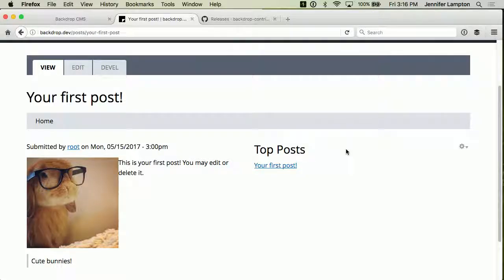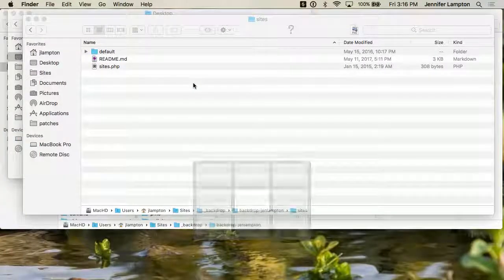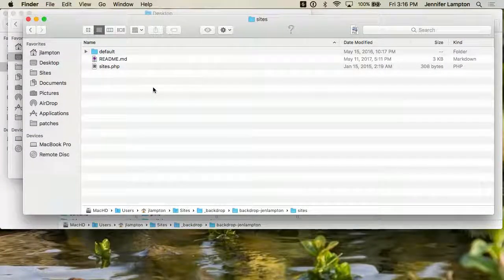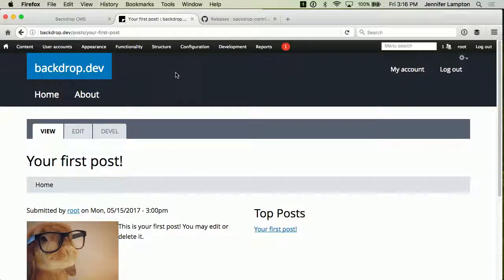CMI? Oh, of course. And this is going to be a little bit tricky to demo because this site has got a lot going on. Just got to turn off those modules. They fixed that thing. Okay. So